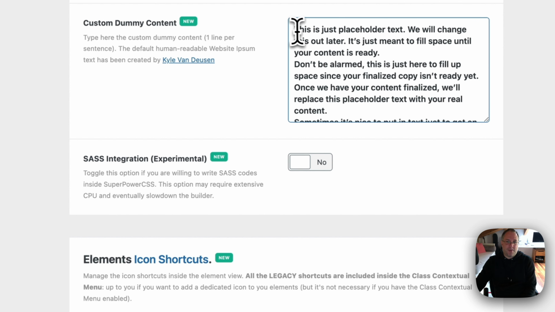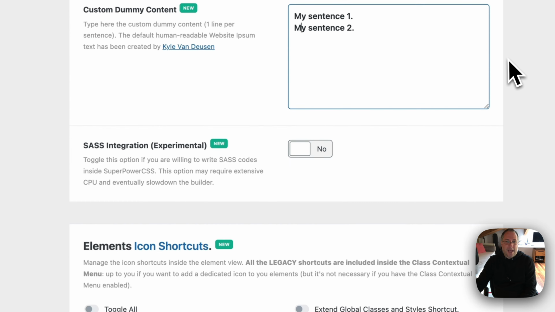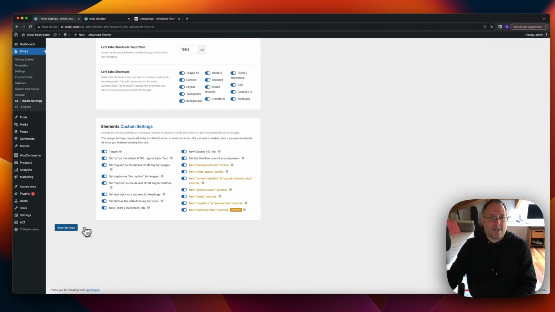You just have to separate each sentence by a line. So one line is one sentence, and let's just test it. Let's make my sentence 1 and my sentence 2. Sorry, like this. Let's capitalize the first letter, and let's also make a 3 just to be sure. Okay, let's now save the settings